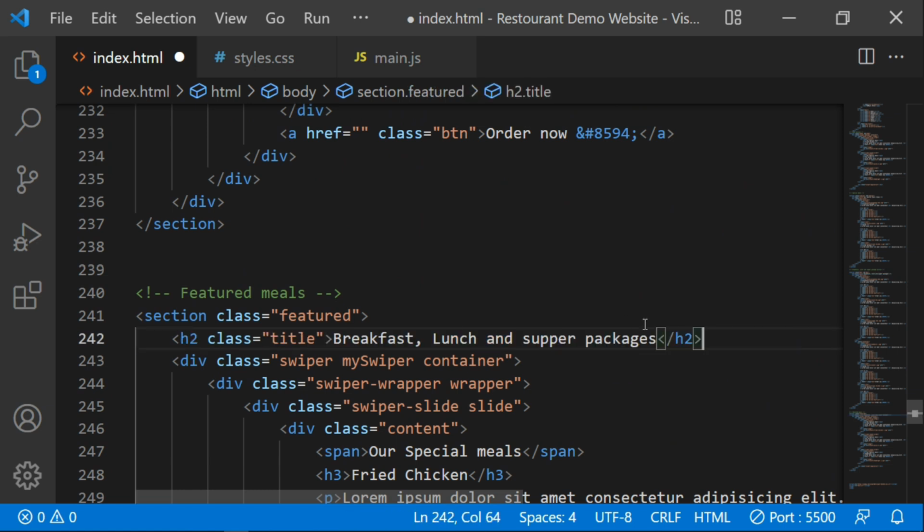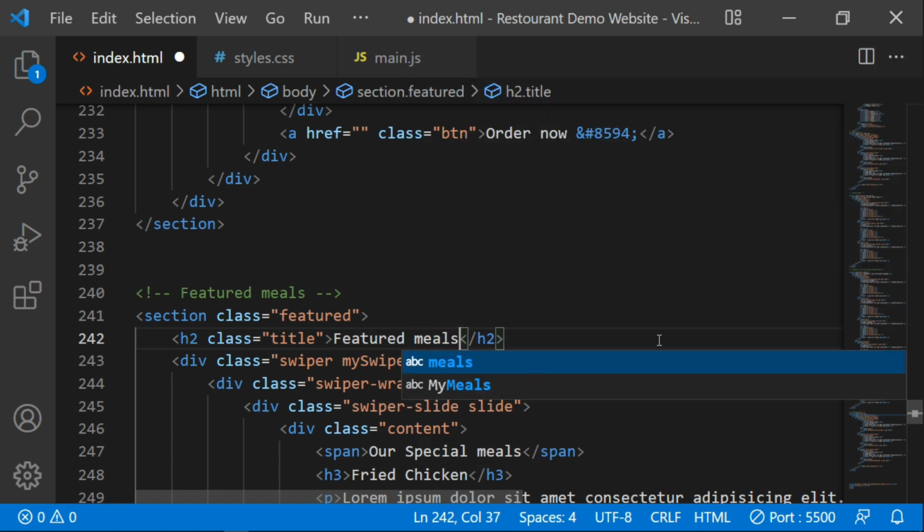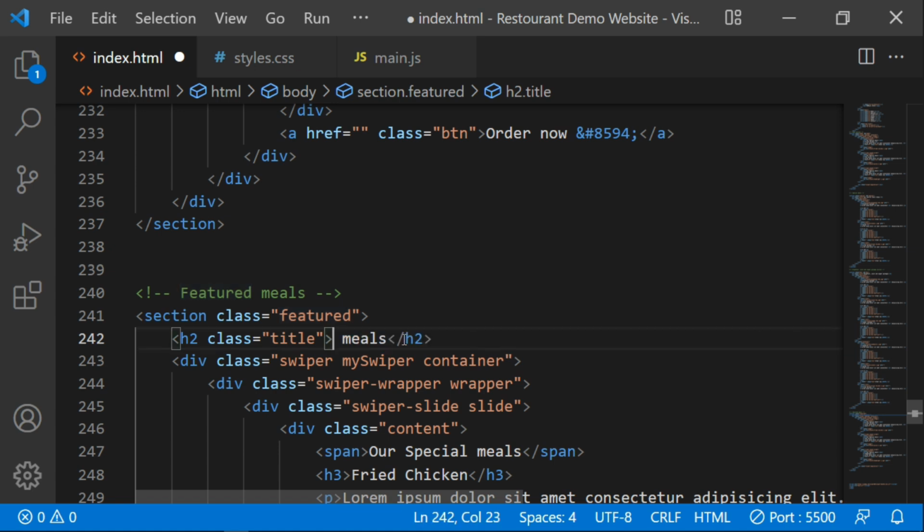Let me paste it here, and then here I'm going to change it and say featured meals, or let me say top rated meals, and then